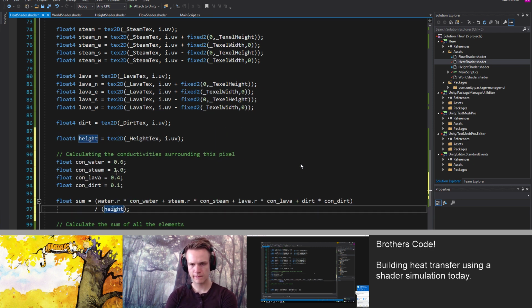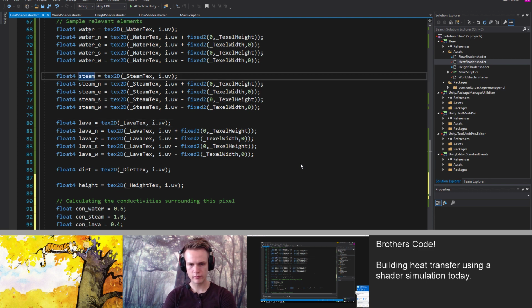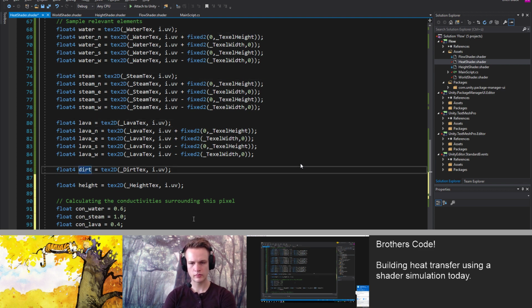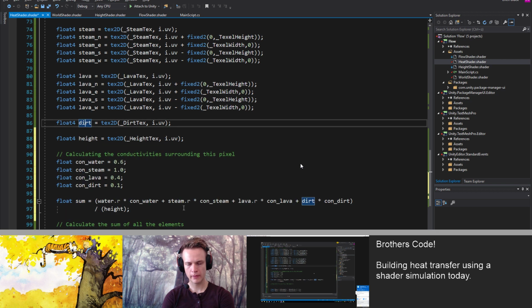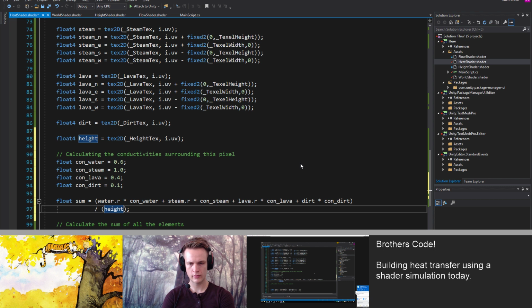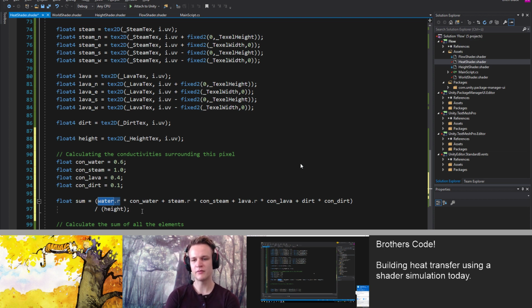Because the height is the sum of the elements in these before they flow. I could either sum them up as well here, or I could just take height as a shortcut. This is going to be a problem if you end up with zero. So this is a weighted average. Okay, I thought we were just about to divide by five, and I was like, wait, there's something wrong here. Or divide by four, I guess, that's the number of elements we have here.